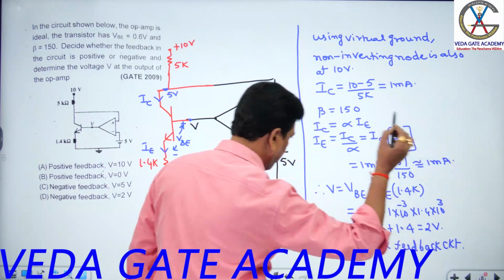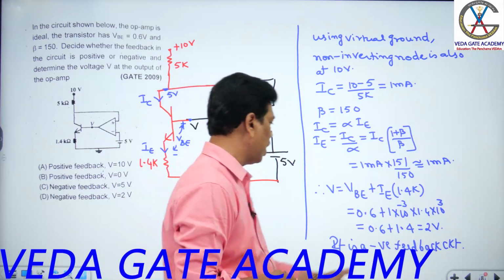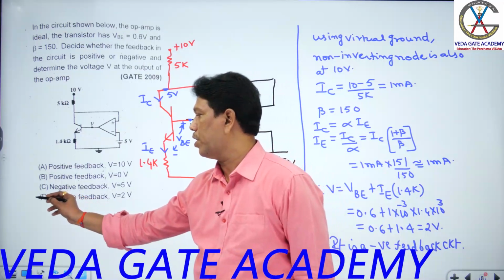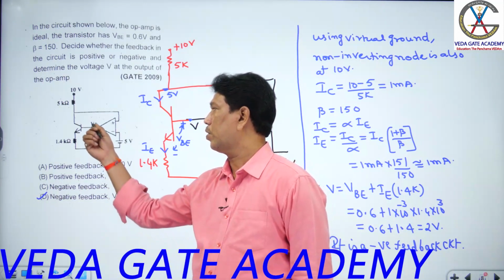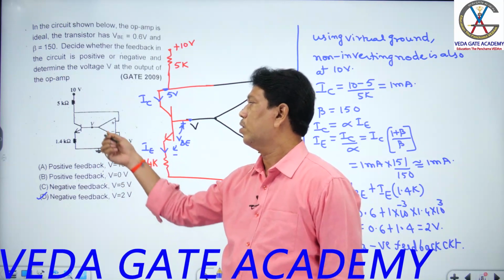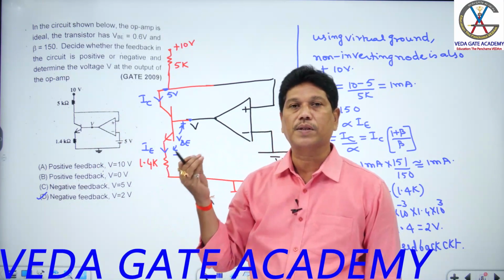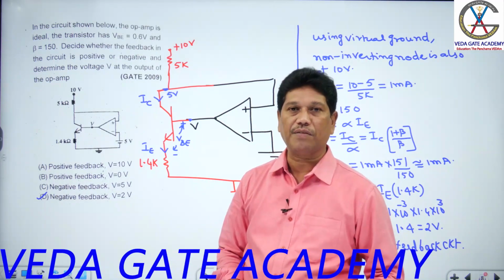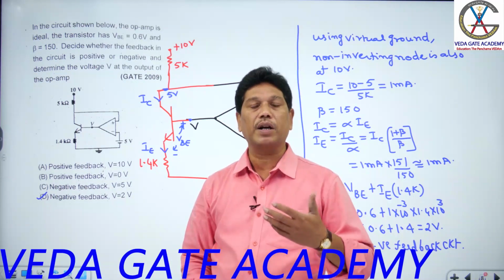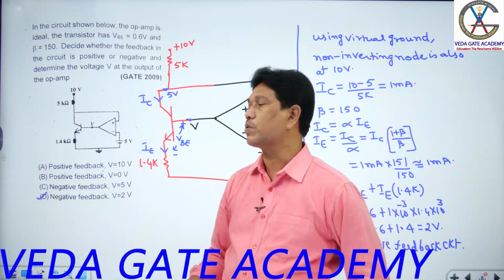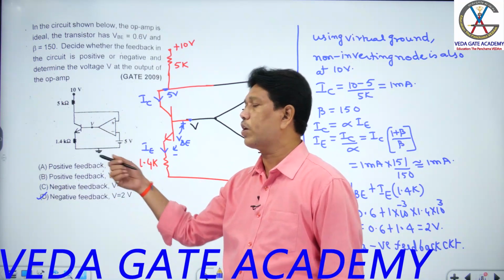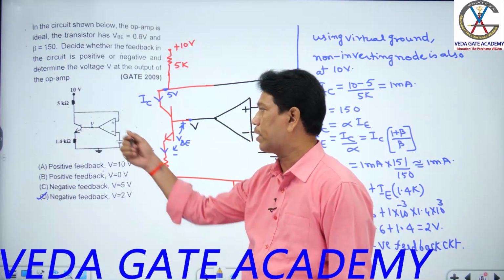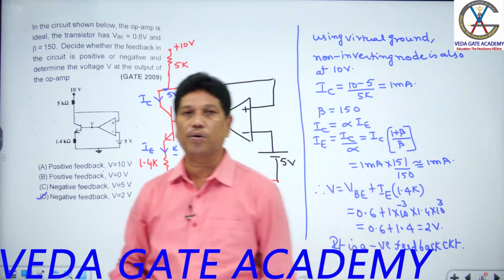So negative feedback circuit, that's the condition. And what is the value of V? 2 volt you can call. So the correct option for that one is D, students. Understood now? Why is this 2 volt as compared to 5? The output V is less than the input because it is suppressed by the feedback effect. Due to suppression, automatically the net input decreases, so the output decreases. By that you can easily confirm it is a negative feedback circuit, and the value you expected there is 2 volt.